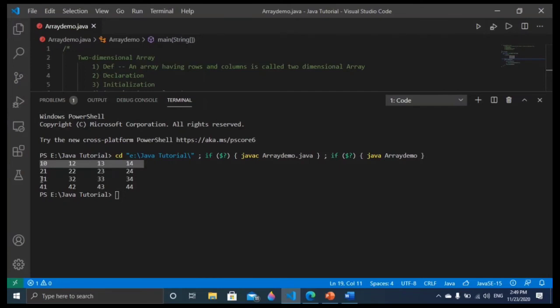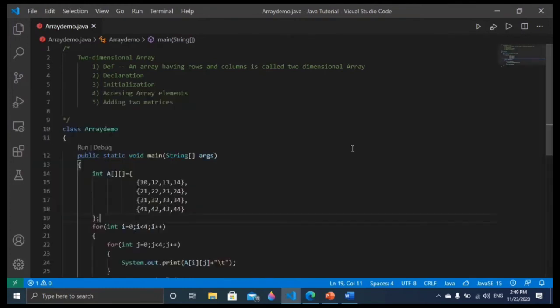Then 2 0, 2 1, 2 2, 2 3, then 3 0, 3 1, 3 2, 3 3, like that it is going to be printed. So here we understood how to print this. So now we understood what a two-dimensional array is. Let me revise. A two-dimensional array means an array having rows and columns, or we can say an array which stores the data in the form of rows and columns is known as a two-dimensional array.